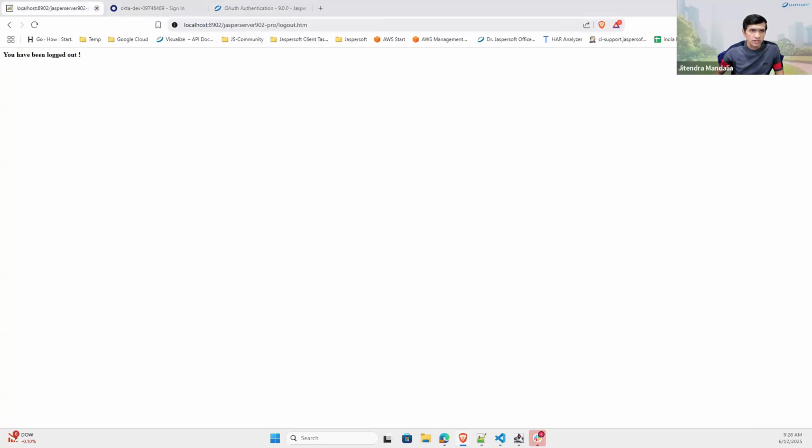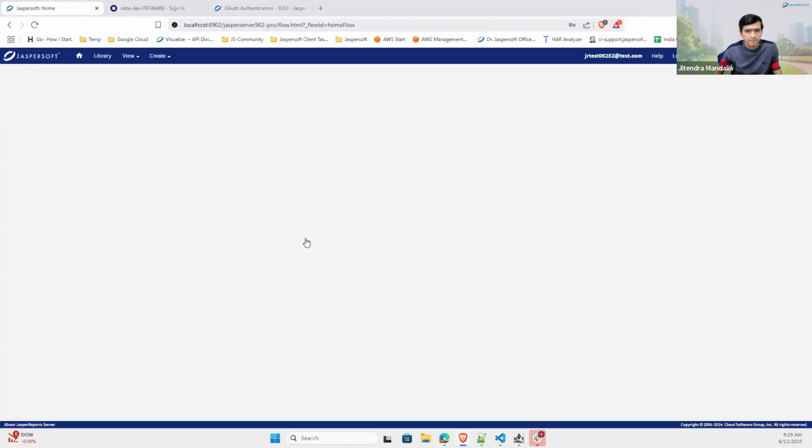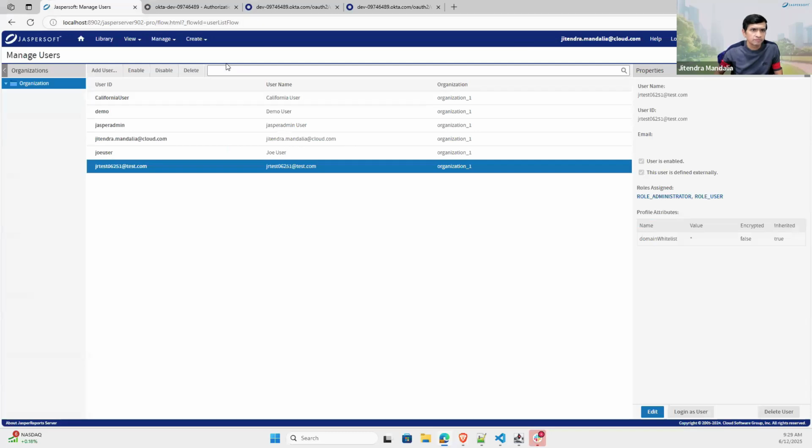Now the user has logged out. Let's reinitiate the auth workflow and log in with another user. And if you see here, this user has been logged in. Again, the user's roles and profile data have been created, but now the user has limited access. The user doesn't have administrative access. The user can create reports, view reports, and has certain access rights based on the roles assigned in the Jasper report server. So if we go back to Okta